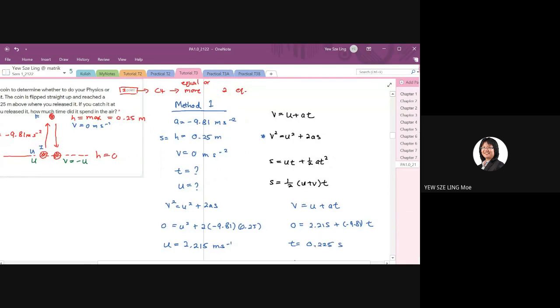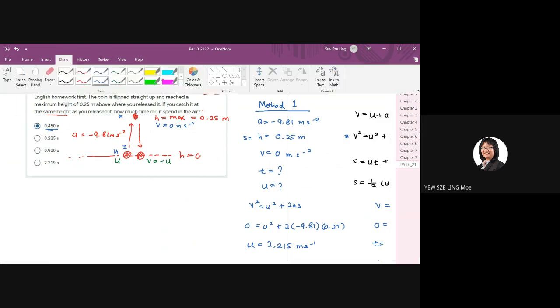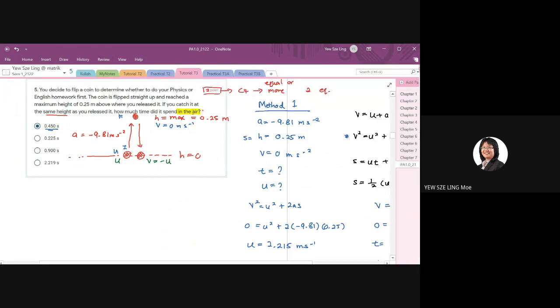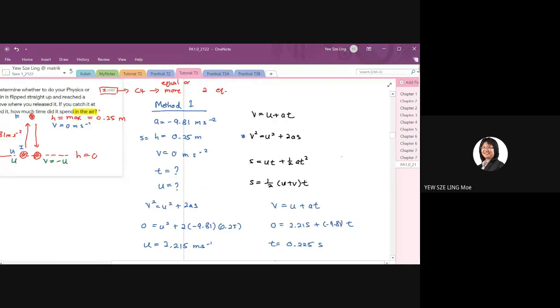Why 0.225? But if you look at the answer, it tells you the answer is 0.45 second. Well, because if you use final positions at maximum height, then the total flight time, the total time spent in the air, should be 2t. The time taken from the bottom to reach maximum height is your 1t,